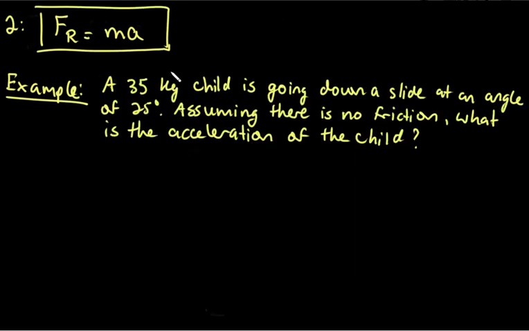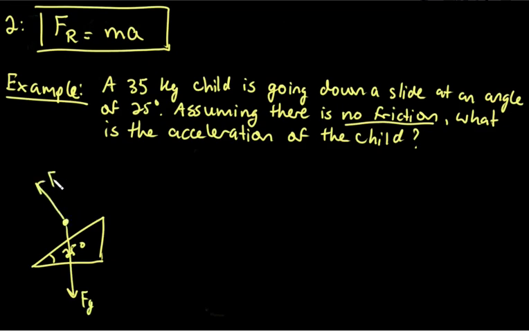Let's take a look at another example. A 35-kilogram child is going down a slide at an angle of 25 degrees. Assuming there is no friction, what is the acceleration of the child? So let's go ahead and draw in a free body diagram. We have here 25 degrees. We have here our child, and we know that the child is being exposed to gravity, so Fg, and then